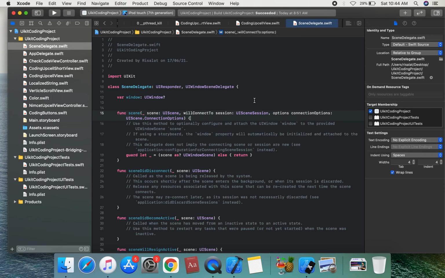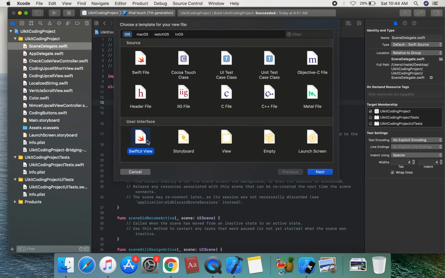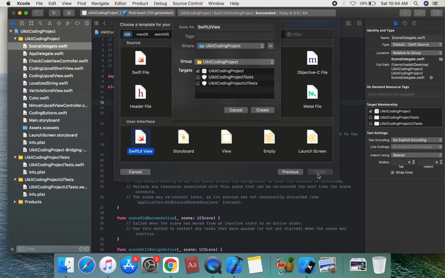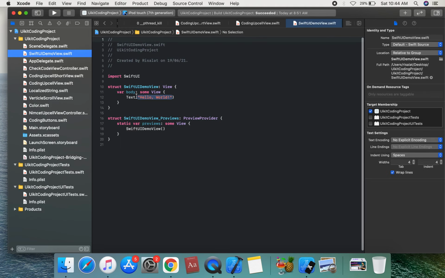First of all, we're going to create this SwiftUI view. Suppose we name this view SwiftUIDemoView.